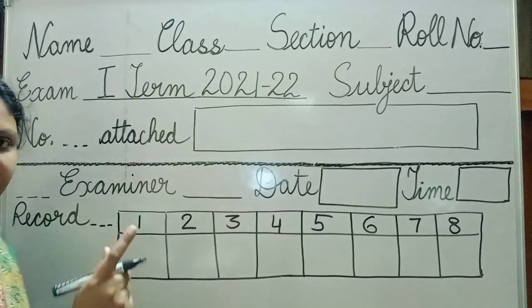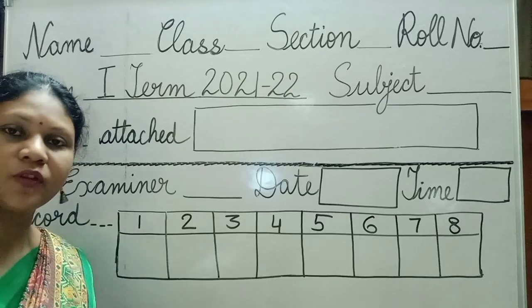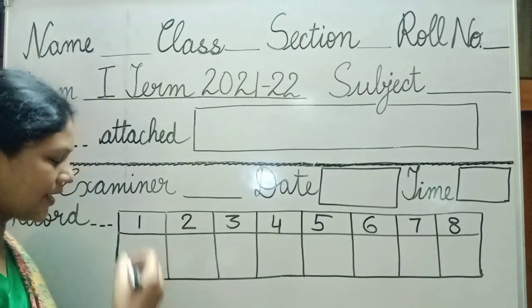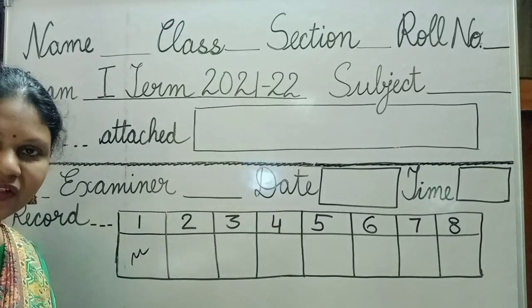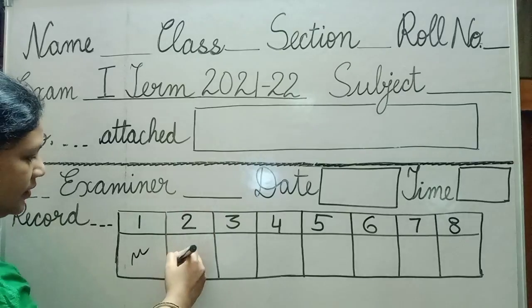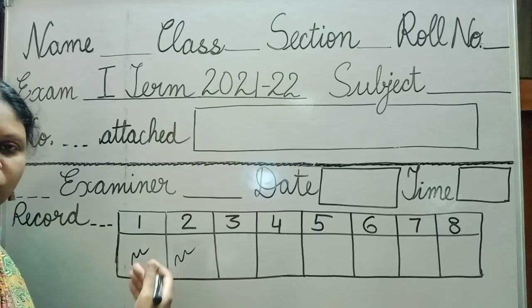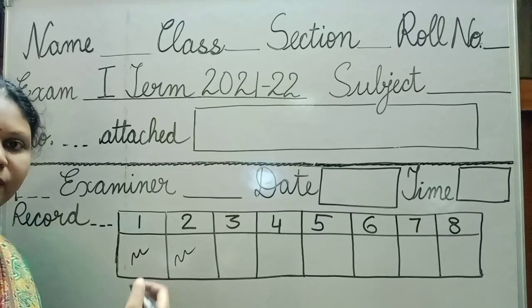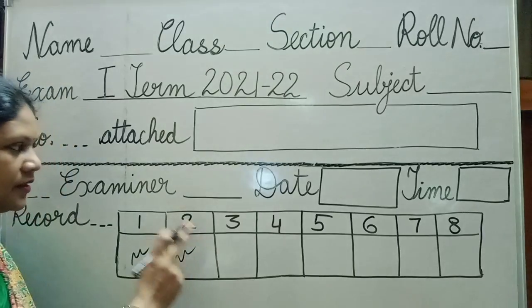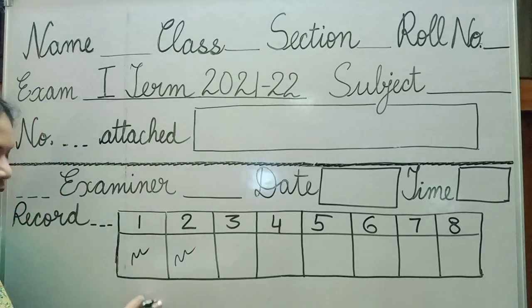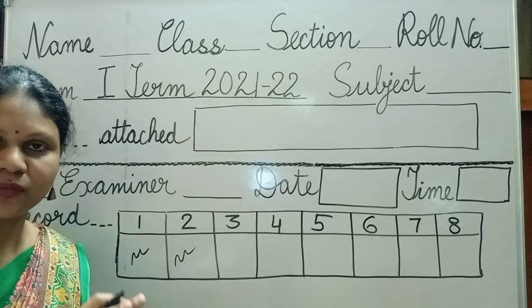If you are taking one additional sheet, your parents will not only sign on that additional sheet, they have to sign here also. If you are taking two additional sheets, they will sign two times here. That means every time you use additional sheets, they have to sign on that additional sheet as well as here. Now, towards the end, when you have completed writing your exam and revised your answers properly,